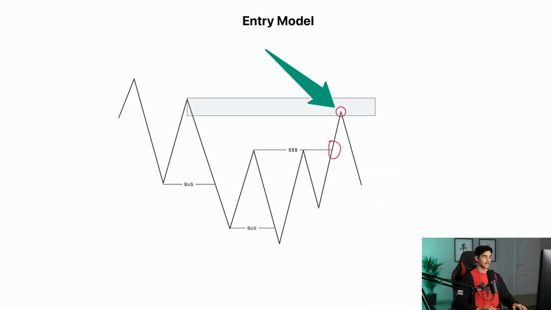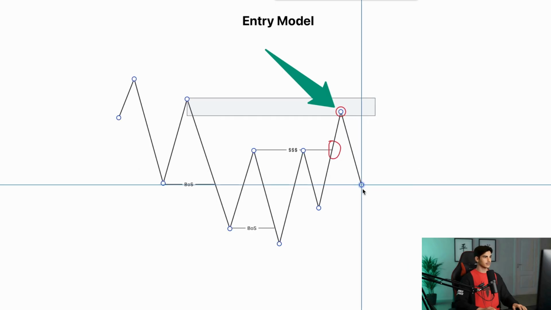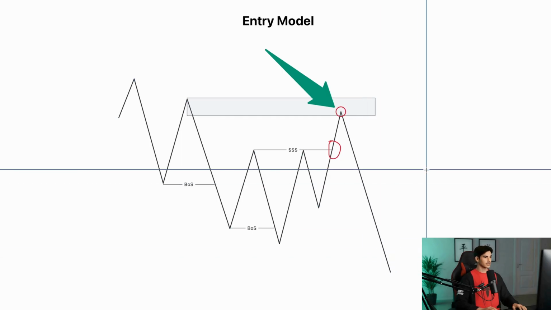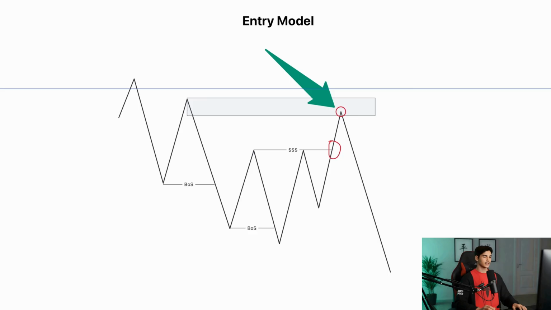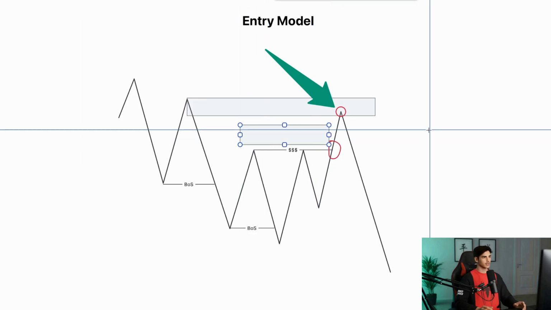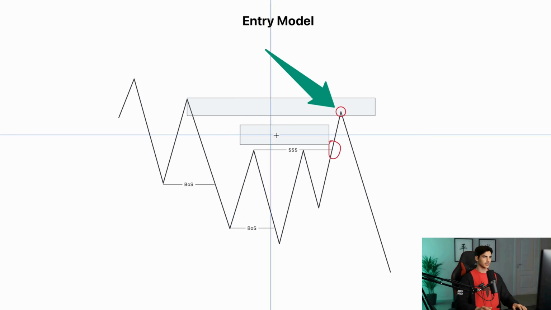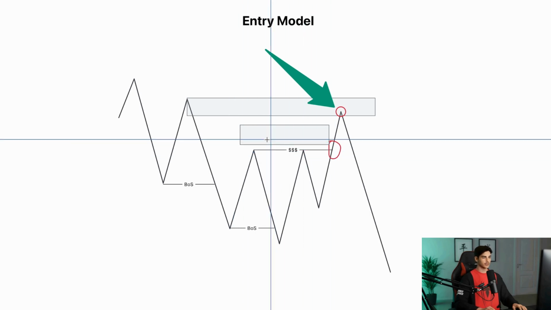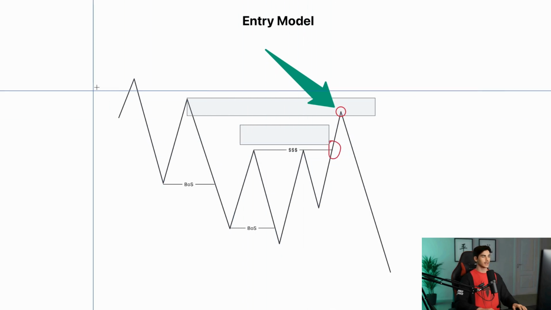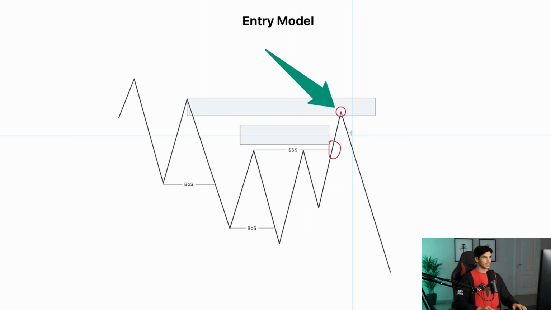Why don't we look instead for a continuation into new buys? Well, the reason for that is because of how the market reacts to liquidity, right? If this wasn't equal highs, if this wasn't a resistance, and this didn't have a significant amount of liquidity above it, then we would indeed see this break as a breaking structure. But because it's equal highs, because the resistance is still here, the stop losses, the buy stops, all of this stuff is here, and the remainder of this bearish trend is still intact, then it remains possible and highly likely